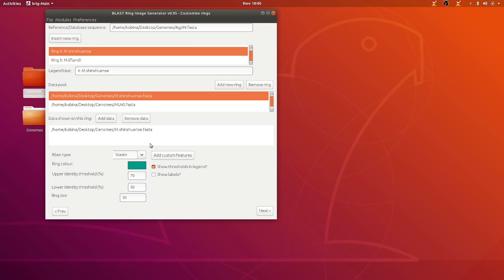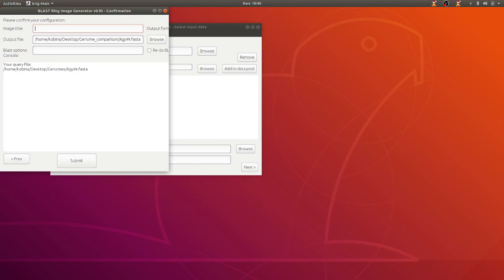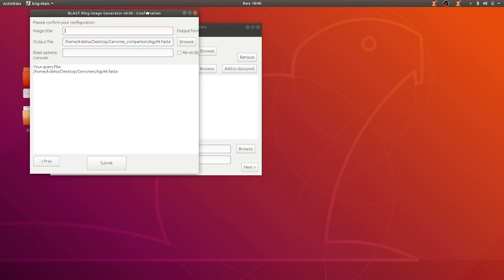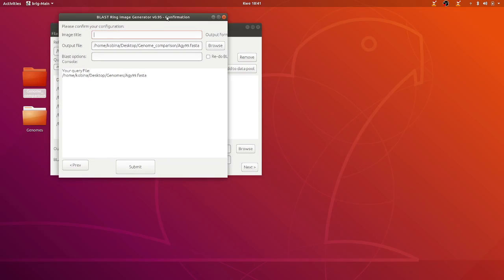Now, once we are done, we go to next. So here we set the image title and then finally submit the work. What we do now is specify the title in this section here. So I'll give my title